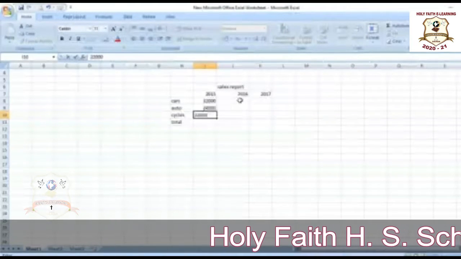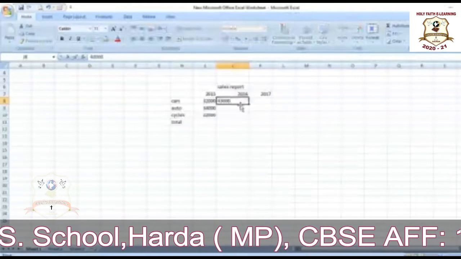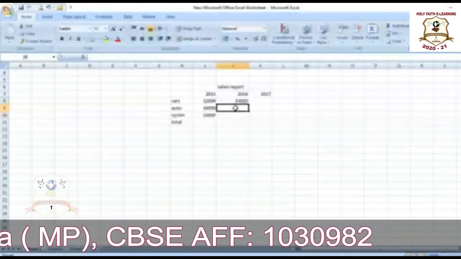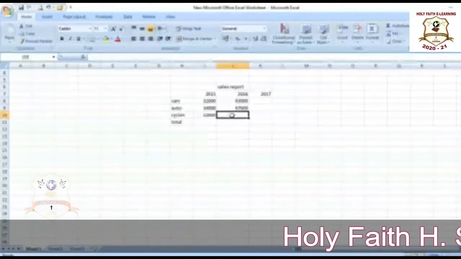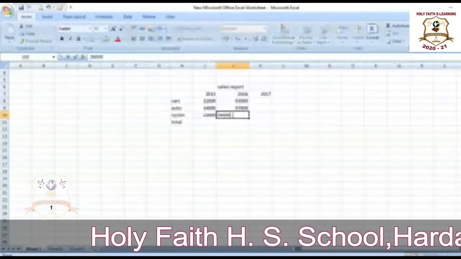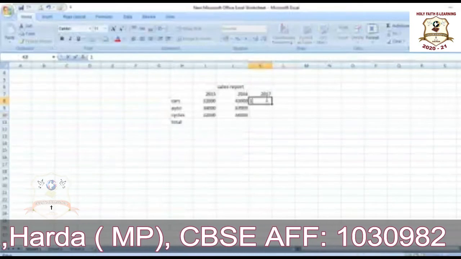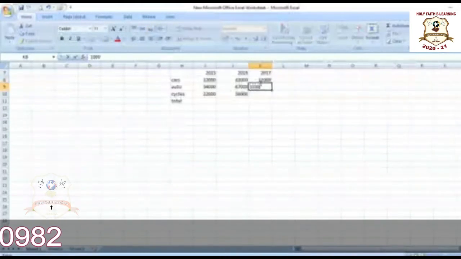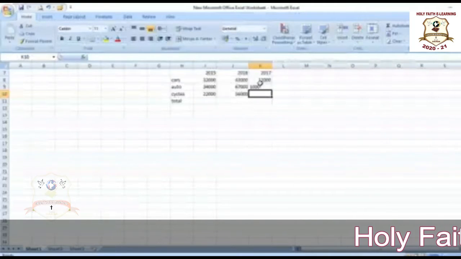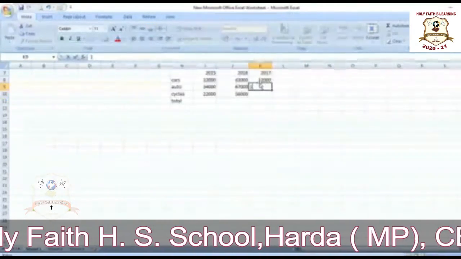Here again enter the values, 43,000. Here again 67,000. Then here again 56,000. Same for 2017 also, 12,000. Next value 10,000. Then the next value, sorry, you have to replace it once again, 10,000.